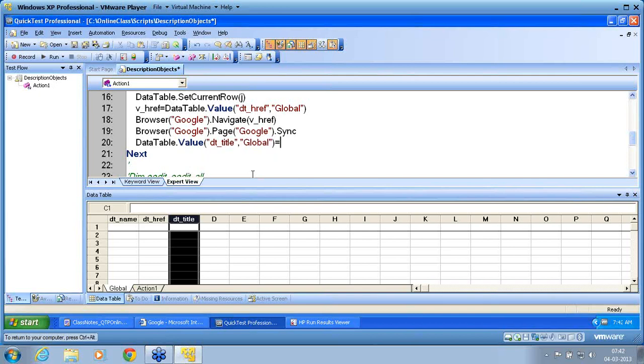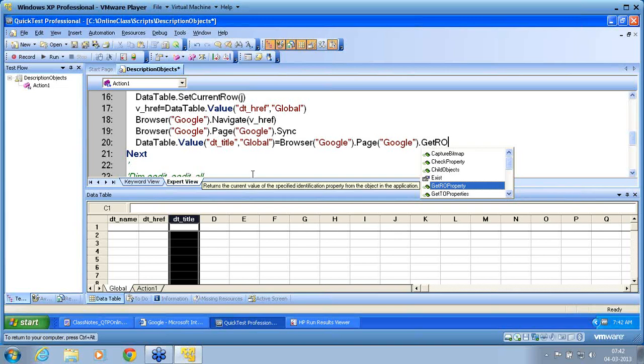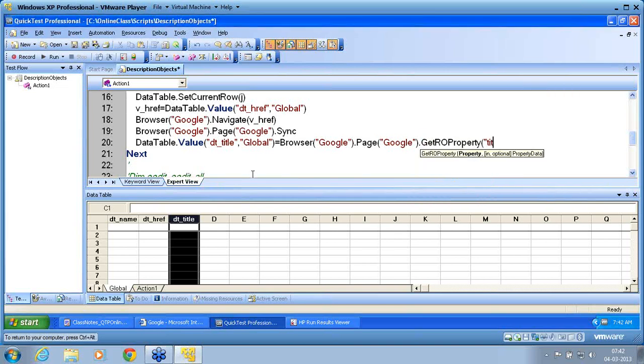What is it that I want to store? Because this title is not in the child objects, I now go to Google page dot get RO property, followed by title. Title is my page object, property is title. I like to retrieve it now.